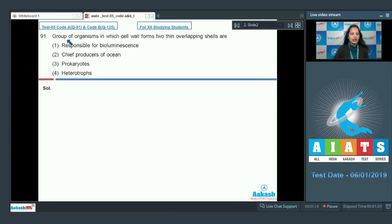Question number 91. Group of organisms in which cell wall forms two thin overlapping shells are: first option, responsible for bioluminescence; second, chief producers of ocean; third, prokaryotes; fourth, heterotrophs. Before dealing with this question, you should know the organisms which form two thin overlapping shells. So these organisms are